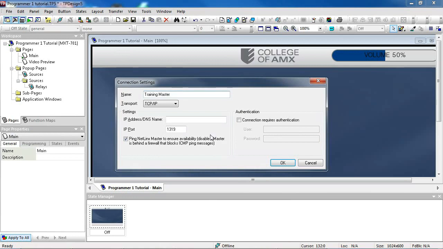Select the transport type. You're always going to select TCP/IP here, not just because your computer most likely doesn't have a serial port, but because it's way faster anyways. Enter the IP address or URL of the master and make sure the port number is 1319 to use the